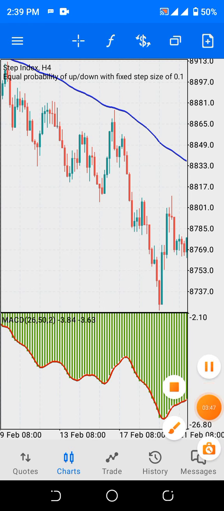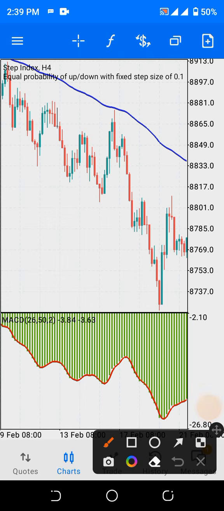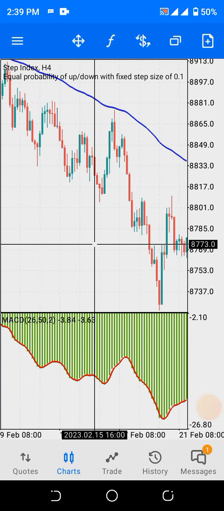Now this is another point here where the candlestick retraces back to the moving average. Look at this point here where the candlestick retraces back to the moving average. This is an opportunity for you to make another sell entry and record the massive profit. Do you understand? All right, now let's proceed.